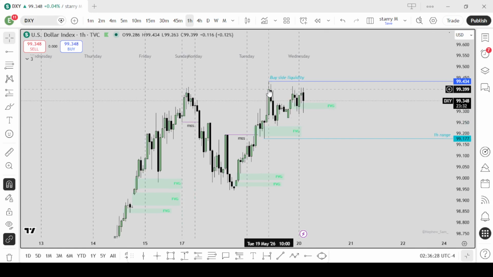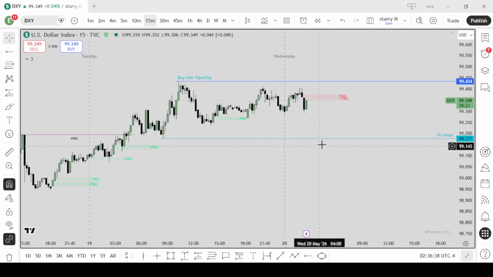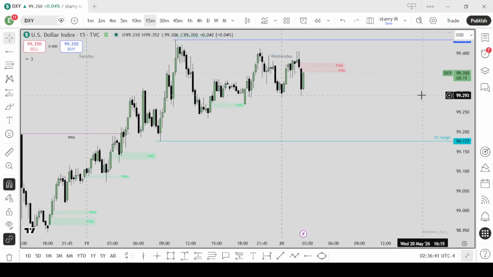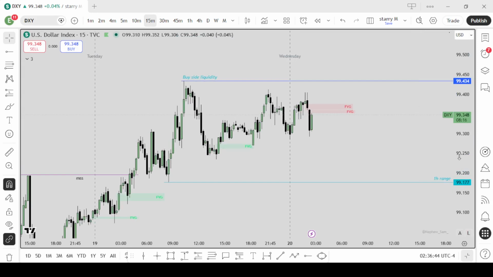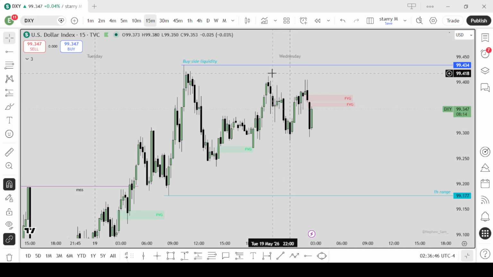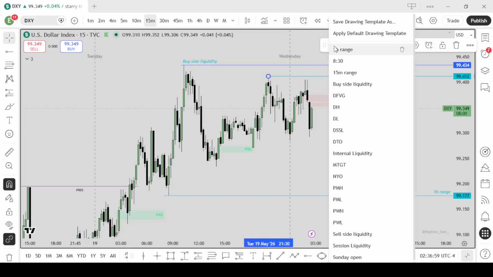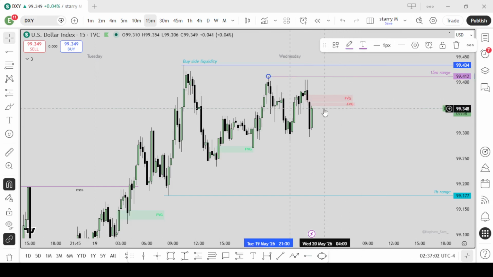we are bearish on the euro, we are bullish on the DXY, and currently we made this mitigation, we made this fair value gap, so we wait until 15 minutes aligns with what we are anticipating. So here, what is our 15 minutes range? This is our low. So for the 15 minutes, if we are bullish, I want price to go above this